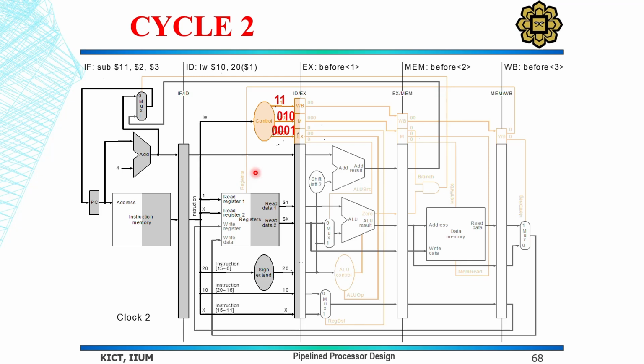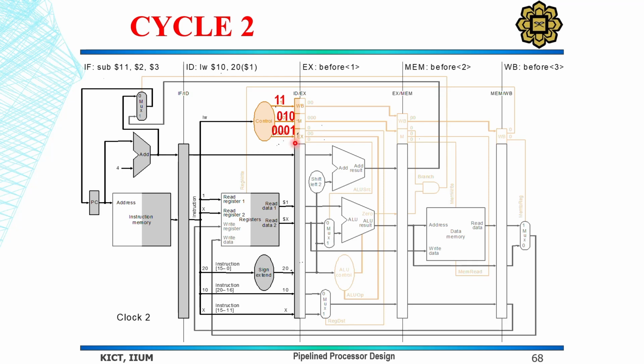Then they are further used and transferred into the subsequent stages where they are to be used. As we discussed earlier, there are different groups. One group is this execute group, and it has 4 bits. Then we have the memory group, which has 3 bits, and the write back group, which has 2 bits. If we look at all the bits in each group, here in the execute control signals,